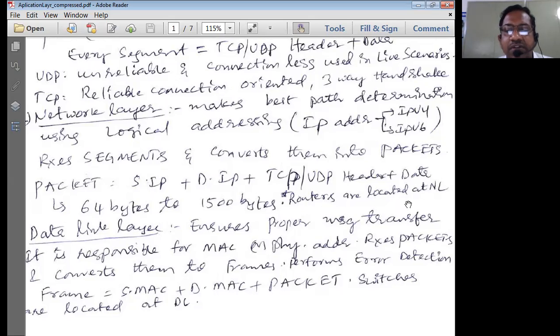That is the important point. In between the source and destination computers, you're going to have routers. Routers are going to configure or reconfigure the data given by the network layer of the source computer. Therefore, routers are located at the network layer.